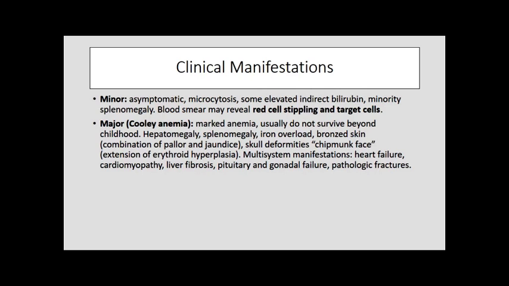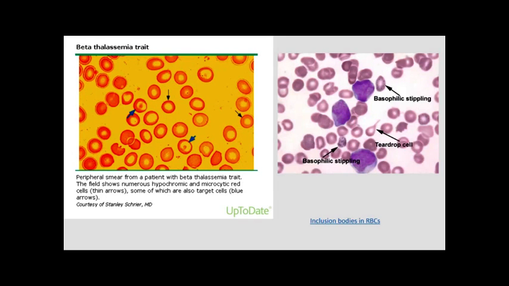Very bad condition. Here we have some examples of a patient with beta thalassemia trait, many hypochromic and microcytic cells. Some of them are target cells. Remember, the target cell is the one that has rings, like a target,